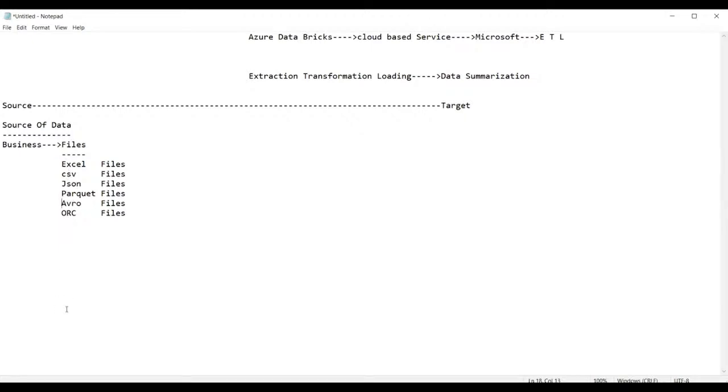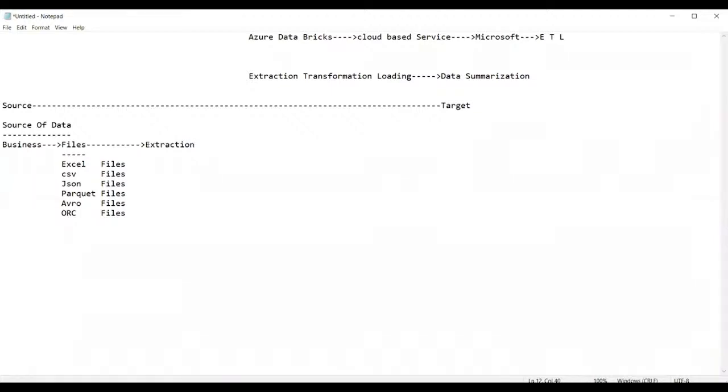Anyway, you don't worry about the files. Once we get into the subject, I will explain each and every file. You don't worry now. So this is the data we get, from where? From these files. From these files, we get the data. So ultimately, what we do is pull in the data. We pull in the data by using the process called extraction.